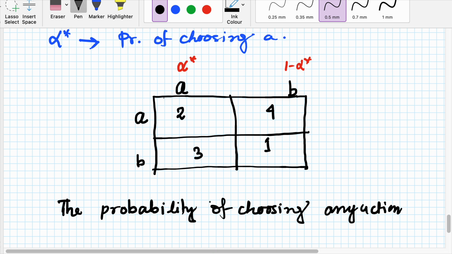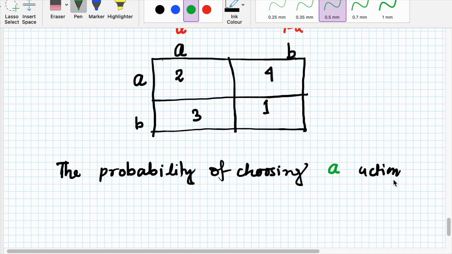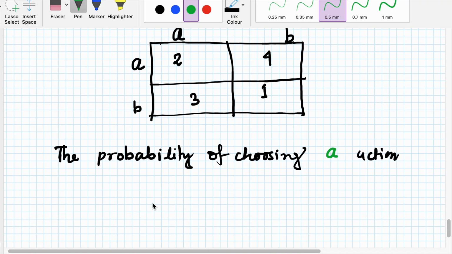So when a player chooses an action, suppose action A or B, the probability of choosing action A, when the individual chooses action A, if she is procedurally rational, when she finds the consequence corresponding to A is best,